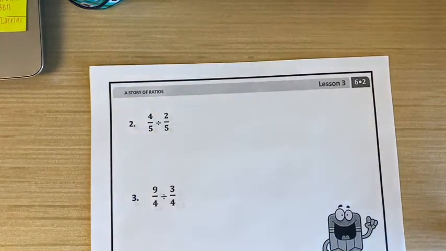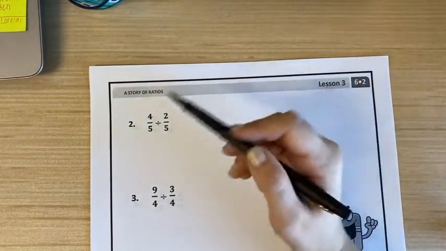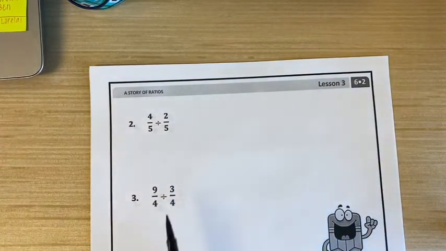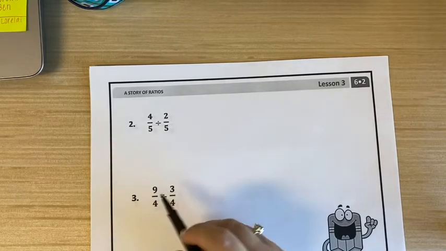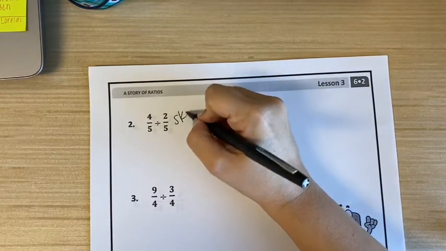Okay, so number 2, I'm gonna go ahead and skip number 2 because that would come out even. I'm gonna skip that one. Number 3, we'll do that one together. So first of all, number 3 says